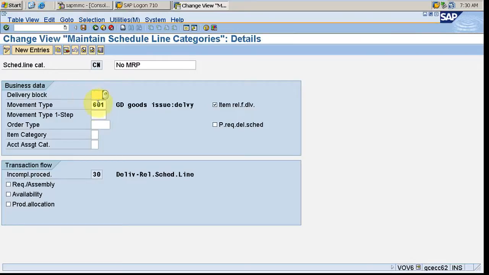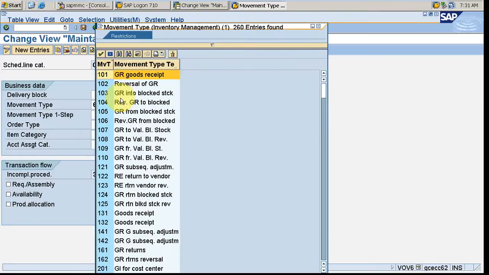And movement type, this is more important actually on the complete screen. Movement type, why? Because the complete schedule line works on movement type. Movement types are also used in the MM module for inbound deliveries. SD is used for outbound deliveries, and MM for inbound deliveries, like 101 goods receipt and reversal of goods receipt. This one we will be using in MM, 101 goods receipt, reverse. And they also have item categories.